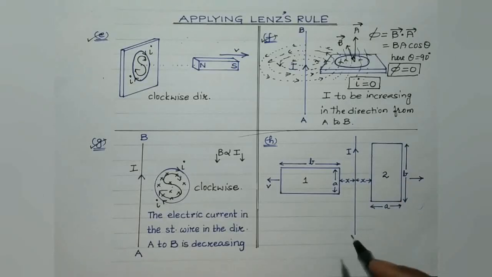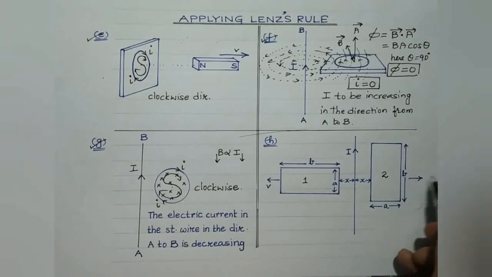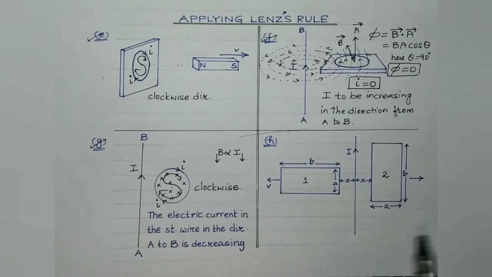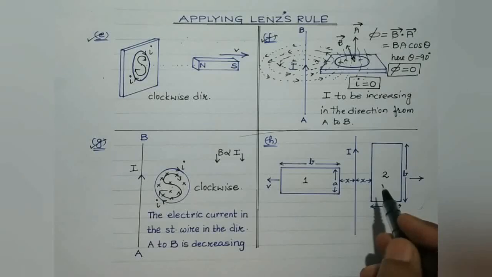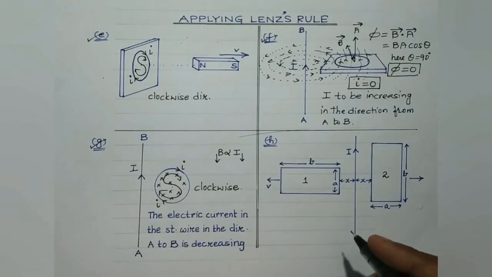The question is, what will be the direction of the induced currents in the loops when they are pulled away from the conductor with the same velocity? Both the loops are pulled away from the straight conductor with the same velocity, right? And the second part is, will the EMF induced in the two loops be equal? We are supposed to justify the answer, right?